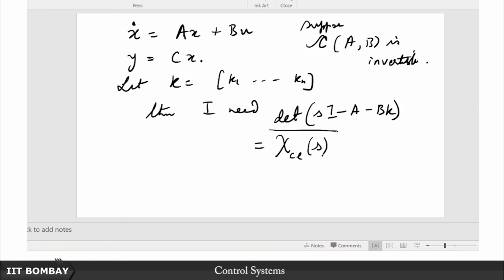Note that this is given to me. I have already been told, either directly or indirectly by some performance metrics, that I need this much damping, this much percentage overshoot, this much settling time and so on, and that way you can determine where your poles ought to be, right. Either directly they will tell you to place your poles at -10, -50, -500, or I can determine from performance metrics how your poles should be placed. Either way, I know this polynomial is already given to me.